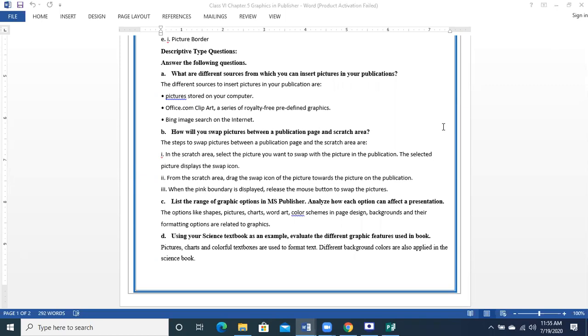Subhan Ali. No one is raising hand, so that's why I'm going to call the name now. Subhan Ali. Yes, Subhan. Unmute your mic. I have already unmuted your mic, Subhan. Yes, Subhan. What are the different options which are used for making graphics work in Publisher? Loudly, loudly. I am not able to listen to you.